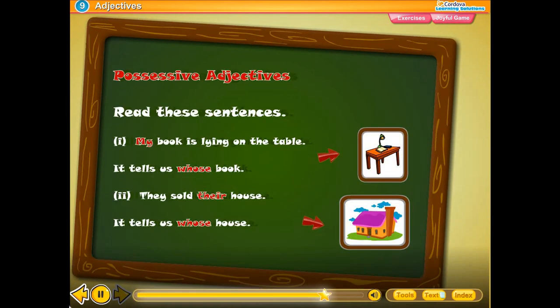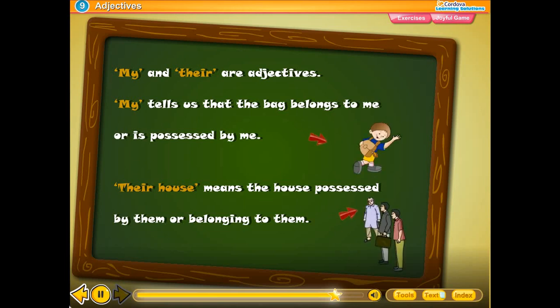Possessive adjectives. Read these sentences. My book is lying on the table. It tells us whose book. They sold their house. It tells us whose house. My and their are adjectives. My tells us that the bag belongs to me or is possessed by me. Their house means the house possessed by them